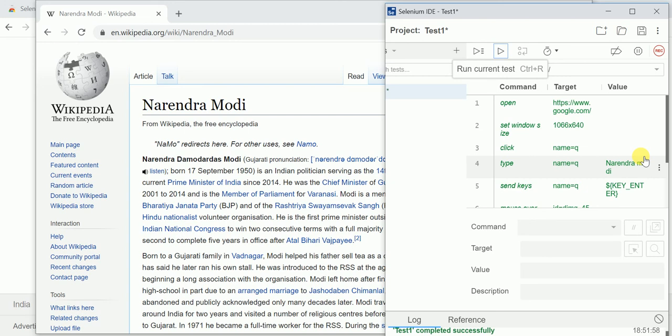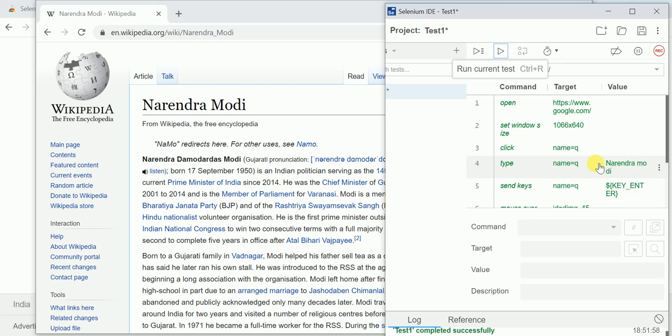Okay, very well. Simple example, instead of Narendra Modi I want to search with a different set of data, then it is not that feasible in Selenium IDE. So that is the reason we need to develop the scripts inside of the framework, which will be easily maintainable for us. Okay, these things I will try to cover in coming videos so that you will easily understand.